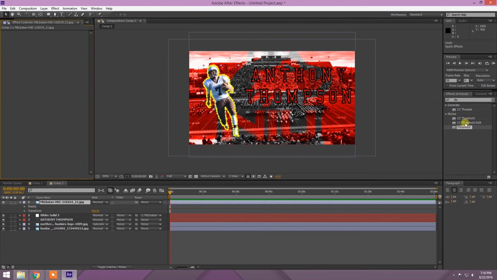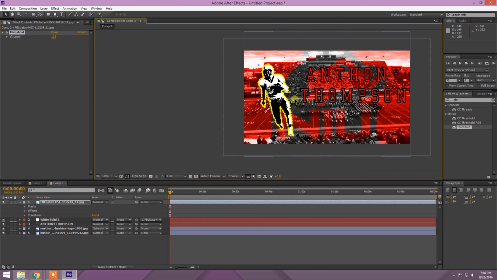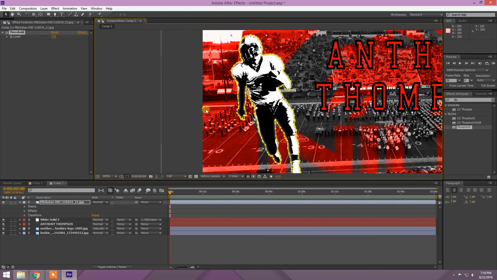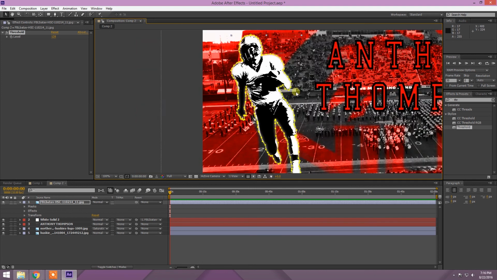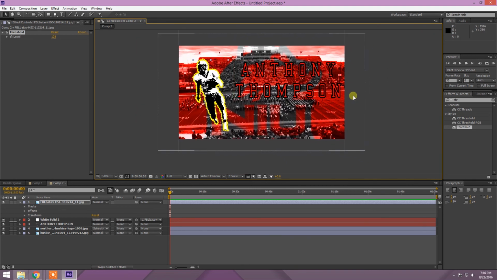It might be nice for a different picture, but what we want is this threshold effect right here. We're just going to drag and drop that on top of Anthony. So you notice something happens. He turns completely black and white, and there's a bit of a pixel mesh going on there. What we can do is go down to here, we go key, and we can test a